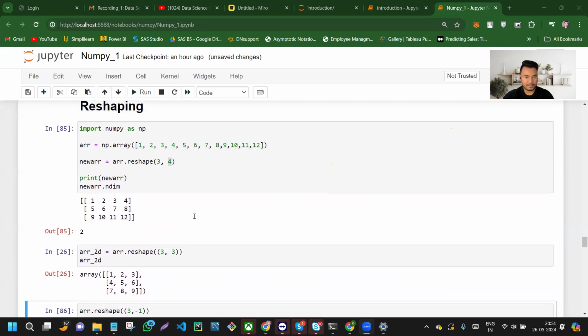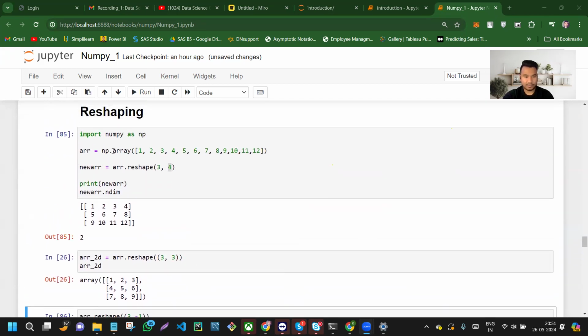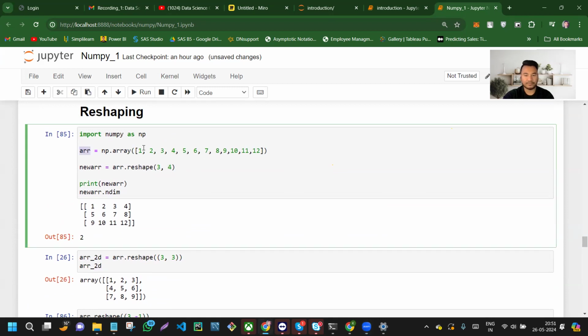So basically reshape is nothing. For example, right now the array is 1 dimension, a 1D array. If I need to convert this into 2 dimensions, there will be rows and columns. Now what is the number of rows? 3. What is the number